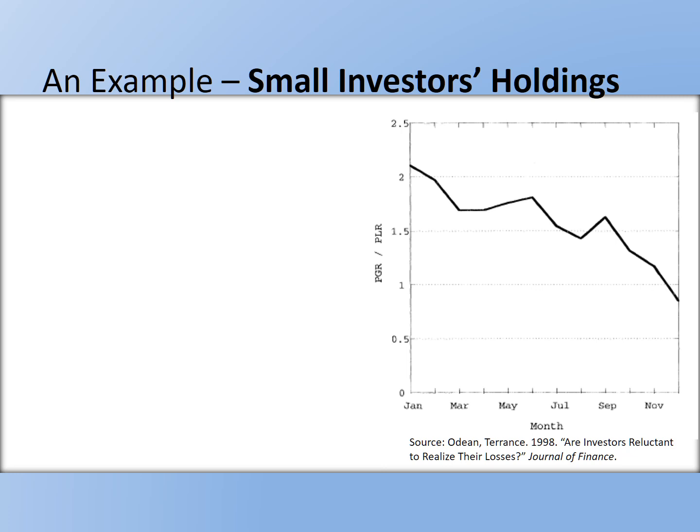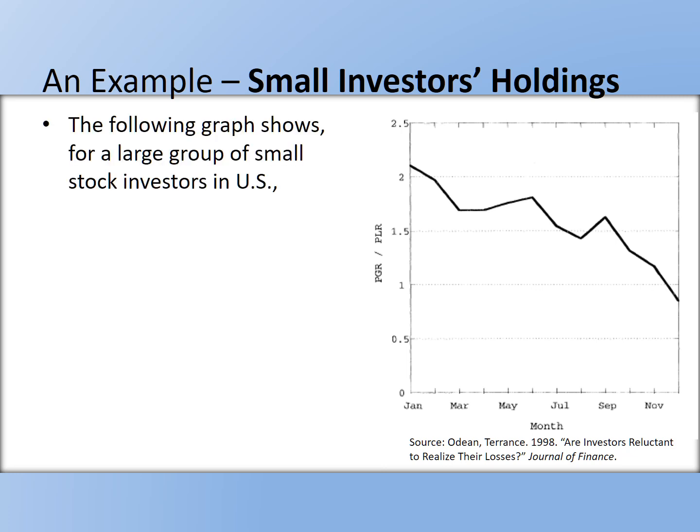So where does this diagram come from? This diagram comes from one of Terrance Odean's papers, Are Investors Reluctant to Realize Their Losses? This is the same data Terrance Odean has used for several of his papers. In fact, as I might have mentioned before, this type of micro level individual investor level data, there aren't that many of them to begin with. There are only a few of them. So this data set has been used many times by not only Terrance Odean but also other people. In any case,